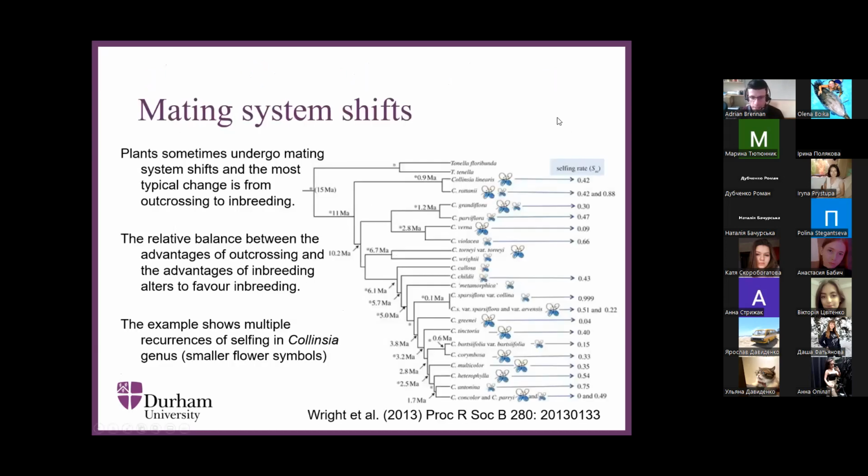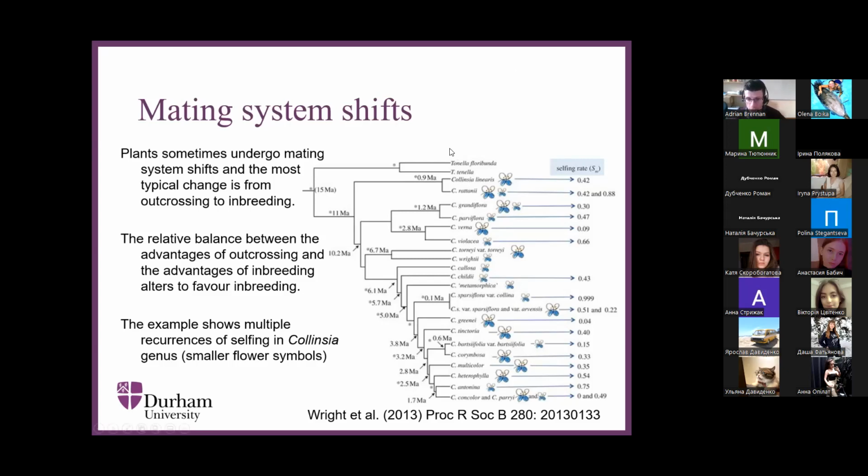Okay, so that leads me on to the last part of the lecture, which is mating system evolution. When do mating systems evolve? You heard me talking before about how we expected there was pressure for the mating system of the UK invader to have changed as part of becoming an invasive species. Although there were some changes, they hadn't changed as dramatically as we expected. The type of change we often see when mating systems change is a switch from outcrossing to selfing. That's a really typical one.